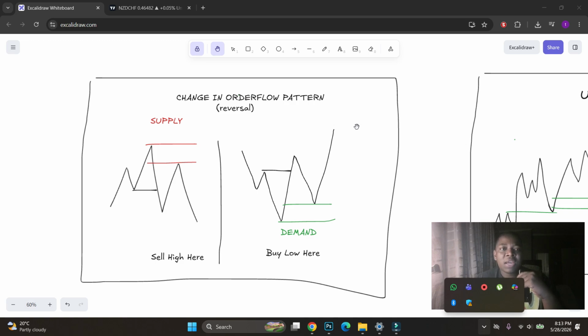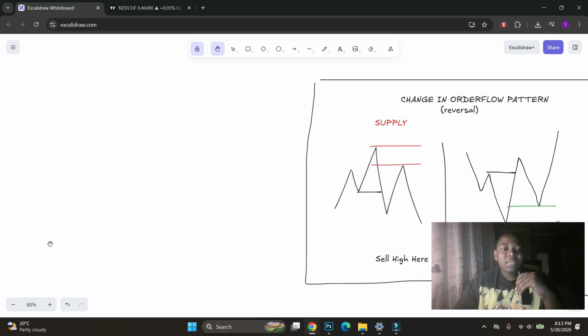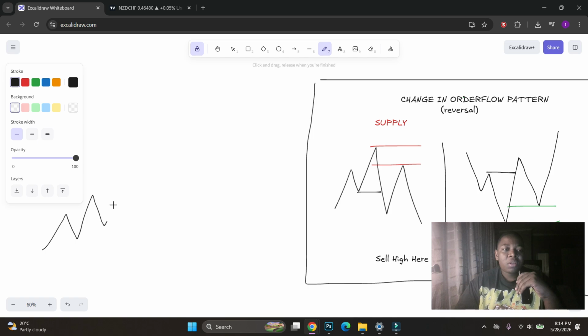it happens on each and every time frame, each and every instrument, each and every day. The change in order flow pattern. This is the reversal pattern. Some call it a head and shoulders, but with market structure, with Dow theory, this is a change in order flow. The reason it's called a change in order flow is because when price is in an uptrend, when we're moving up,